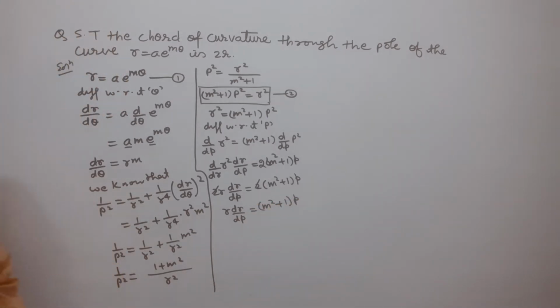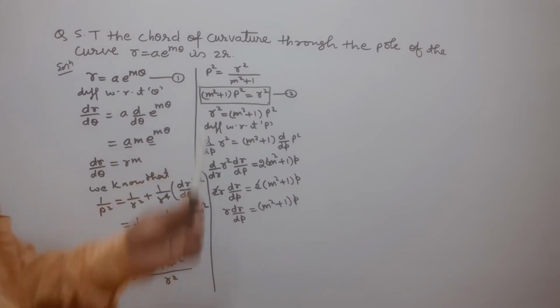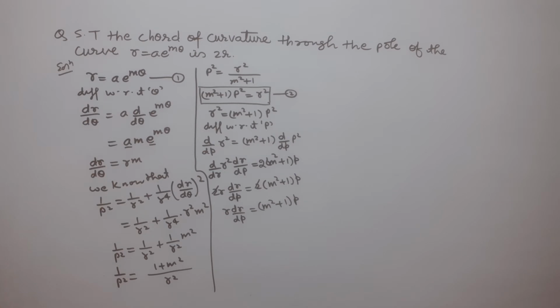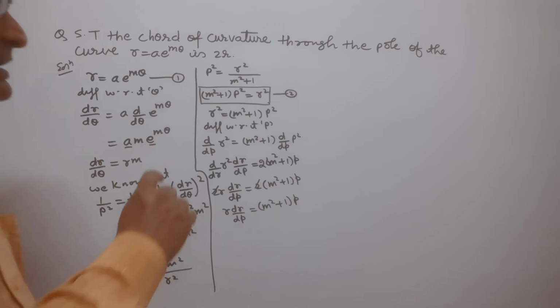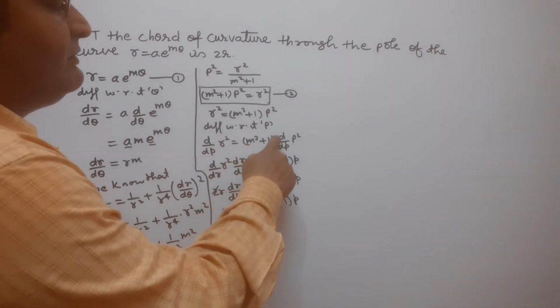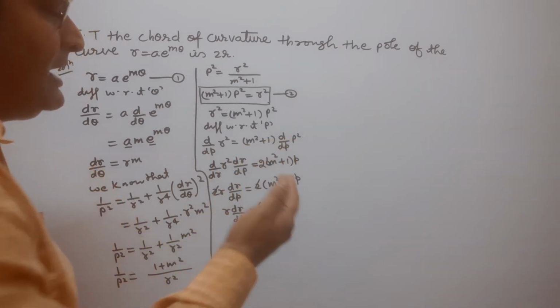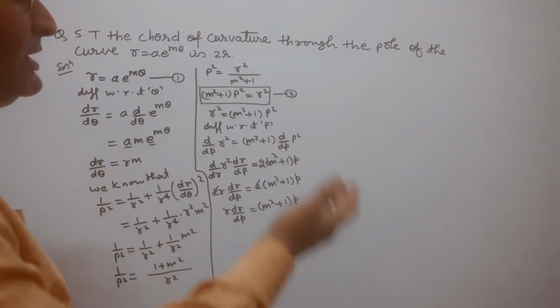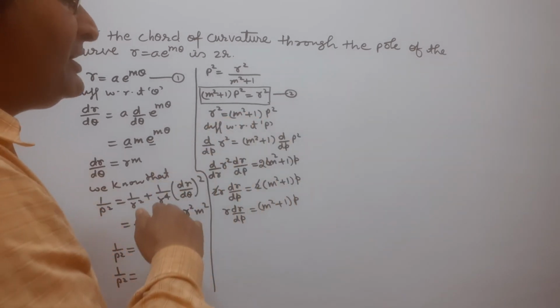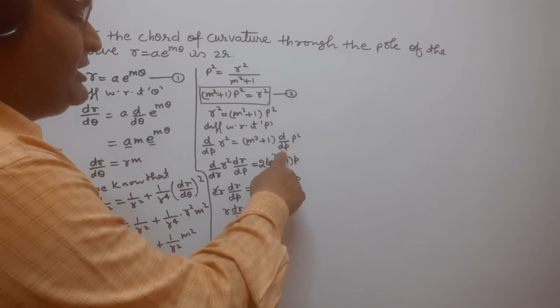आप देख सकते हैं यहाँ गिवन कर्व की इक्वेशन पेडल फॉर्म में है, r square equal to m square plus 1 p square. इसको हम डिफरेंशिएट करना है p के रिस्पेक्ट में, इसलिए ऑपरेटर लगाएंगे both side में d by dp. So d by dp of r square equal to m square plus 1 d by dp of p square. Here m square plus 1 is constant, so it will be outside the differential operator. यहाँ पर m square plus 1 कांस्टेंट है, तो डिफरेंशियल ऑपरेटर के बाहर लिखेंगे।